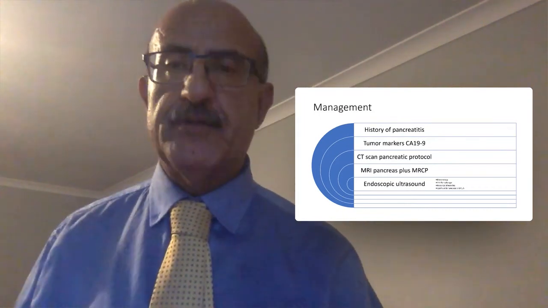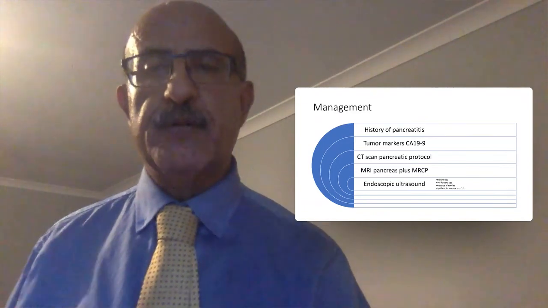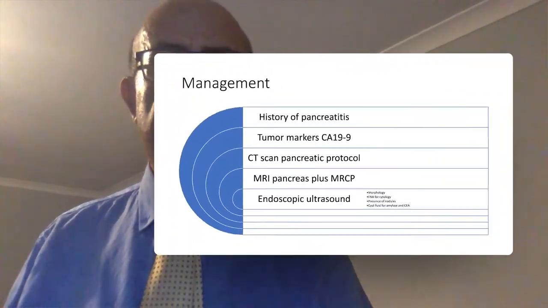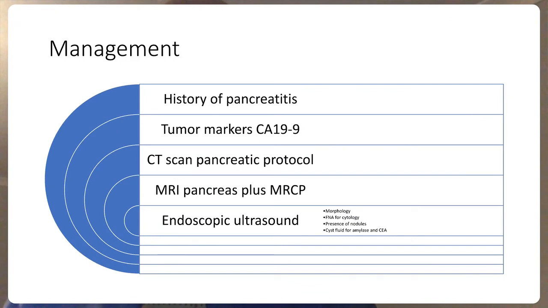Now, how do we manage these patients? In general, when we see these patients, we go mainly through their history, because as we have seen before, the majority of cysts in the pancreas are pseudocysts. So we need to know whether the patients had any attack of pancreatitis recently, in the last few months, or not. That's very important. We also get their tumor marker assessed in the form of CA19-9 to ensure it's not elevated,